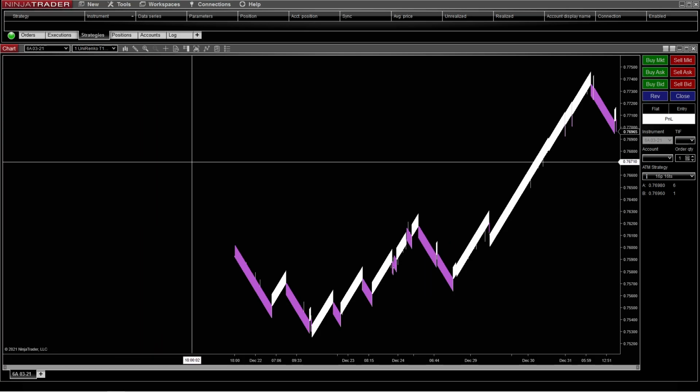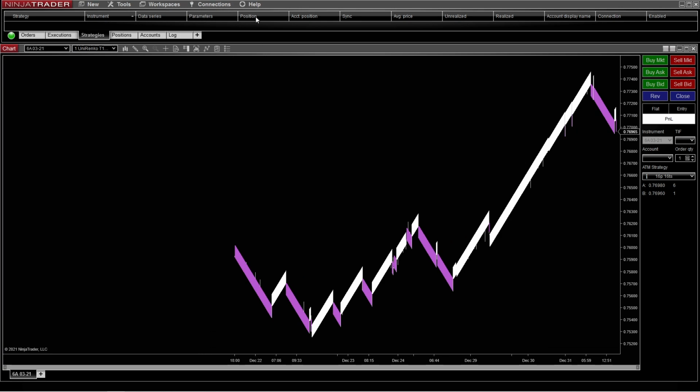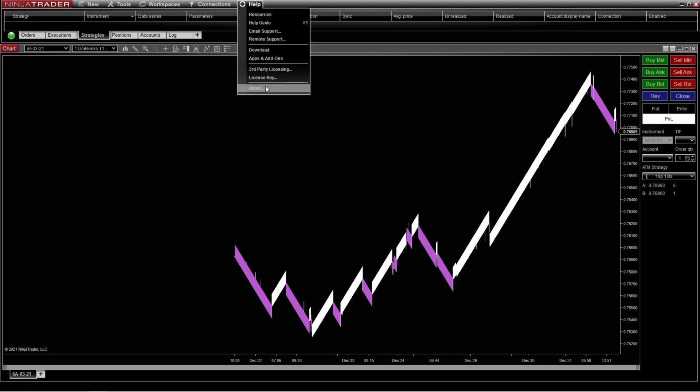License key and your machine ID. If you buy any of our indicators or SpyBot, we have to have the machine ID. And what you do is you go up and you come down to About. And I'm not going to click on that because it'll show mine. But if you click on About, it will open up a window and you can copy and paste your machine